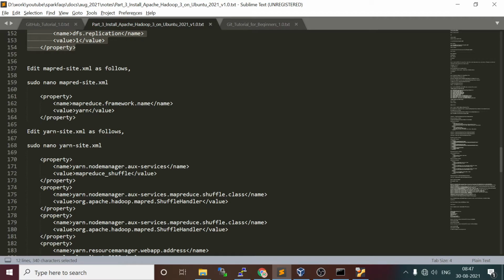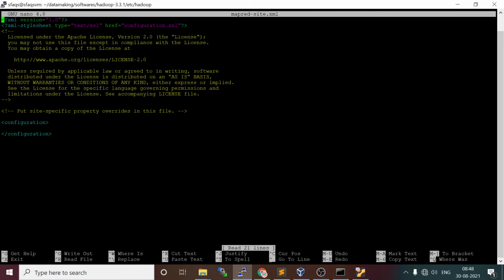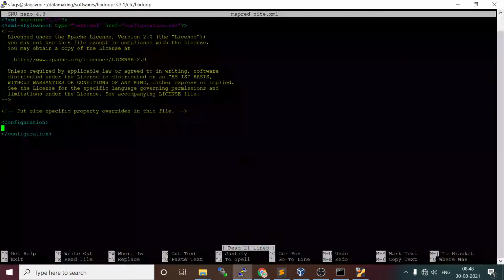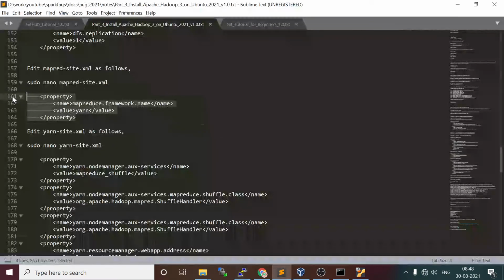framework. Okay, so open this and add the MapReduce framework dot yarn. So we will be using yarn framework to maintain the resource management. So this also saved, and there is one more which is